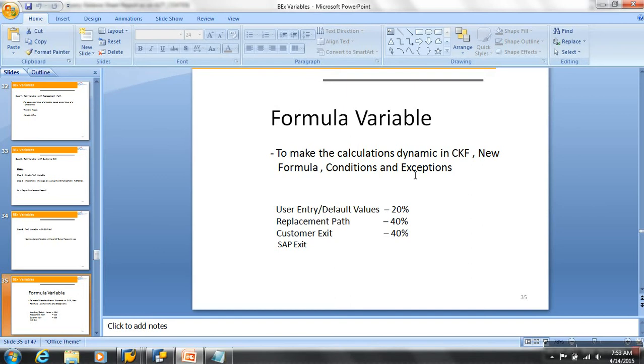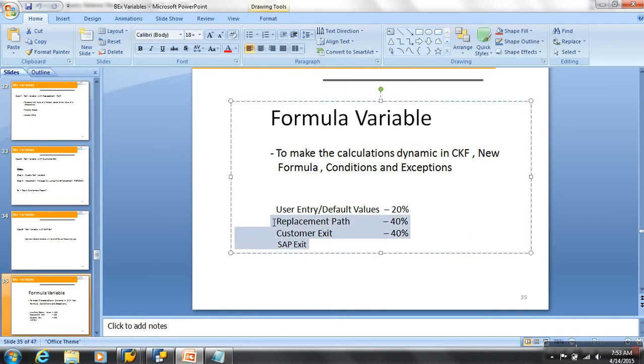Clear? And this also comes with 4 processing types: user entry or default, replacement path, customer exit, and SAP exit. In real time they use majorly the customer exit and replacement path. Sometimes user entry also, but it's very rare.